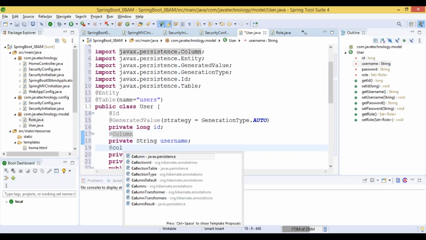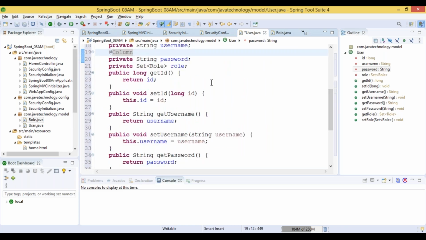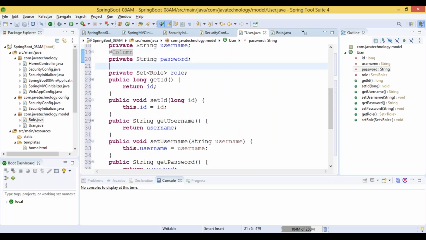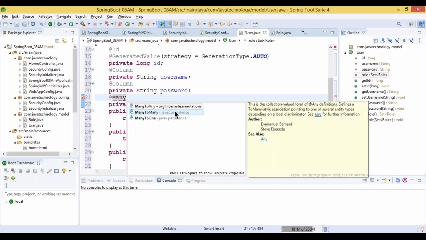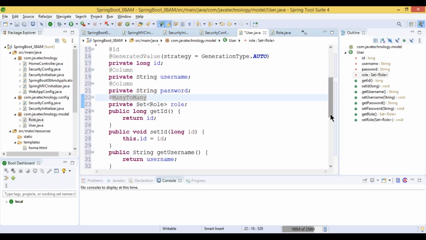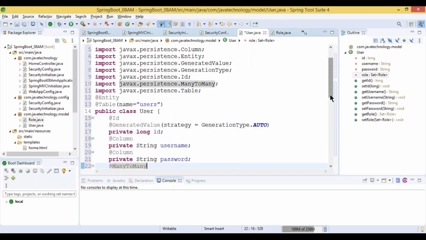And here is my question: how to join the table, because I need to use the many-to-many annotation here. Can anyone explain the structure of the annotation? Multiple users can have multiple roles, so I'm using a many-to-many relation here.